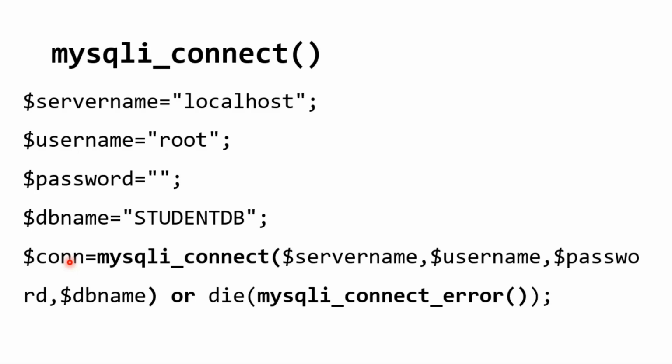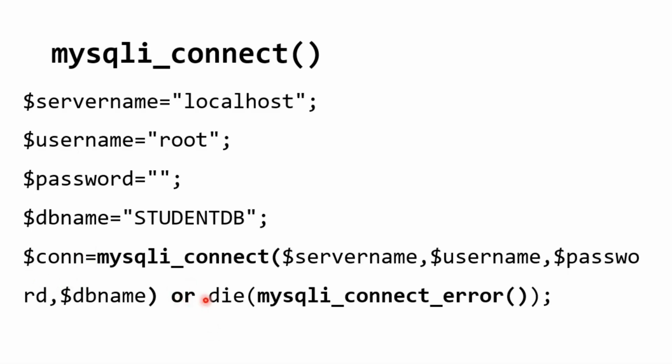You want to insert something in a table, fetch something from the table, or update it. For every query, it asks whether you have taken permission to connect to the database. This is the permission we are taking to the database, and I am storing it in $conn. So whenever I execute any other PHP MySQL function, one of the parameters I have to pass is this permission I have successfully taken.